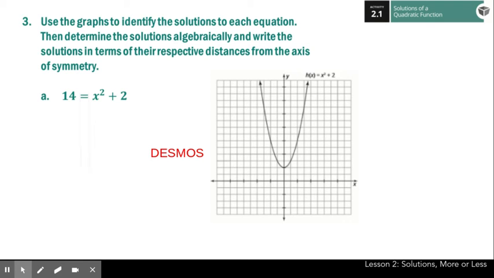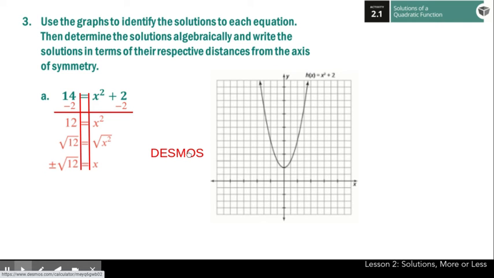We're going to do it graphically and algebraically. Let's do it algebraically first. So let's subtract 2 from both sides, and we get 12 equals x squared. And when we take the square root, we have plus or minus the square root of 12, excuse me. And then looking at the graph,